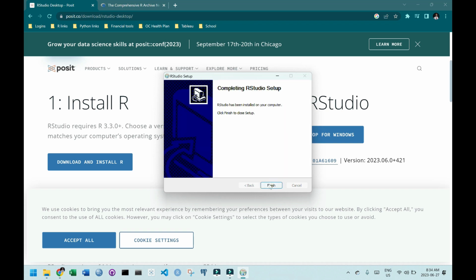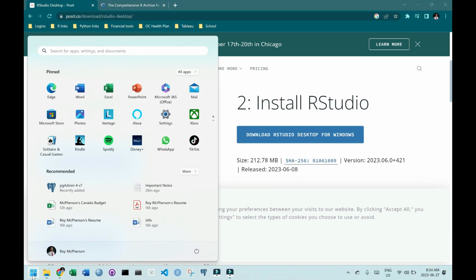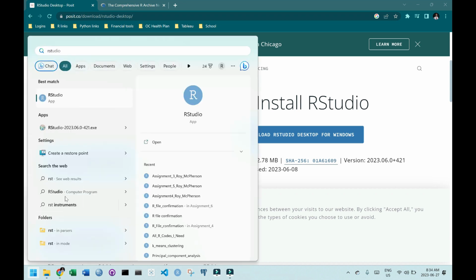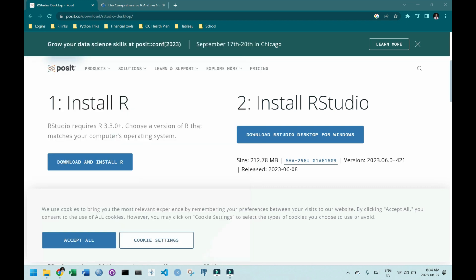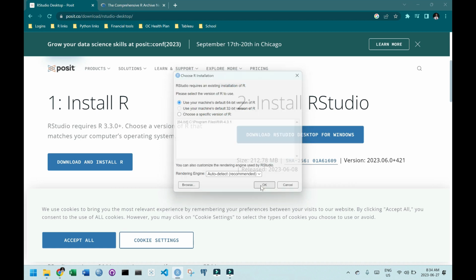Once this is completed, we click on finish, and we can go to start, type RStudio, we'll see the app, we click on it, and we want the default for this machine, which is 64-bit. Yours will be whatever it is. If you have 32-bit, it will be selected. So I click on OK,